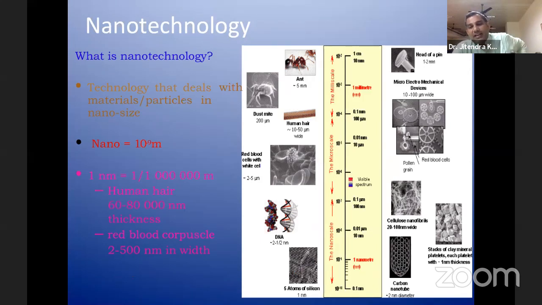When you fabricate a component, what is the basic difference between micro and macro? Sometimes many persons get confused. If any one dimension is in the micro range, it is called a micro component. If any one dimension is in the nano range, then it is called a nanomaterial or nanocomposite, whatever you want to call it. This is the evolution of scale, how we can define carbon nanotubes or cellulose nanofibers. Then there are MEMS, micro electromechanical devices, which are very crucial and widely used.